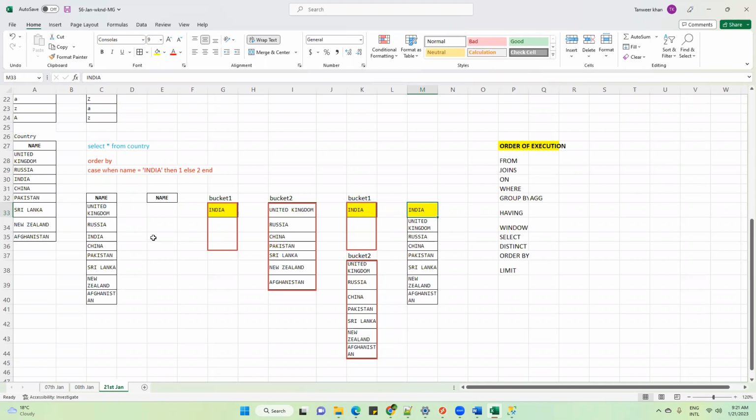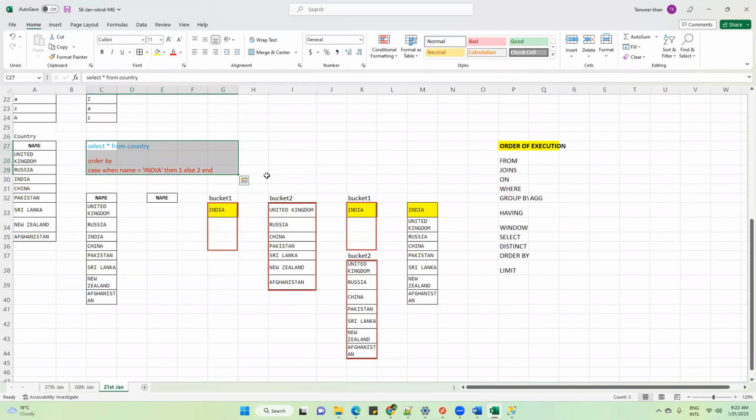You will see how many cases there are. What will happen if I reverse this? What will happen if I keep this 1 million and I keep it 0? What will happen if I have multiple conditions? Tanvir, I want to sort this data in ascending or descending order. Tanvir, I want to bring India at the bottom. A lot of scenarios are there. We'll discuss all these things. This is clear or not? First of all, tell me this one. This is clear or not? Yes, clear, sir.